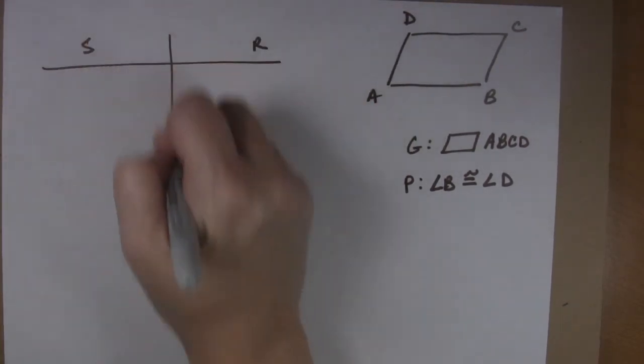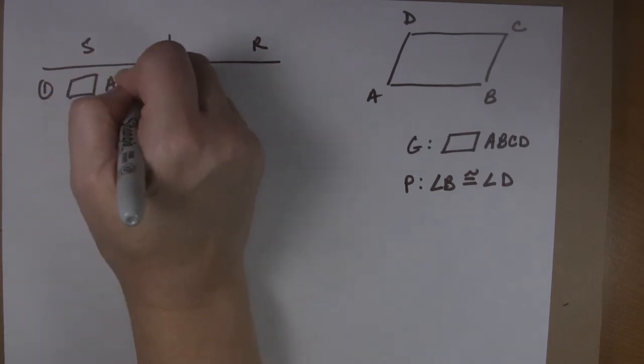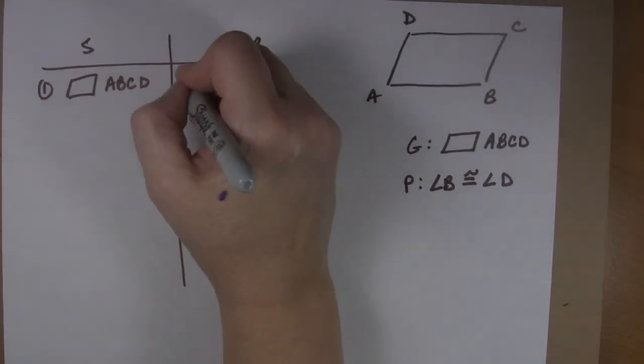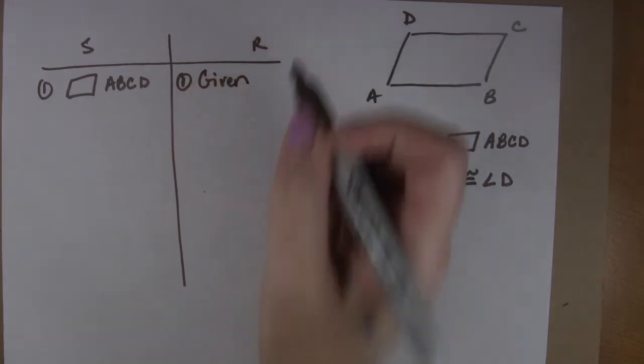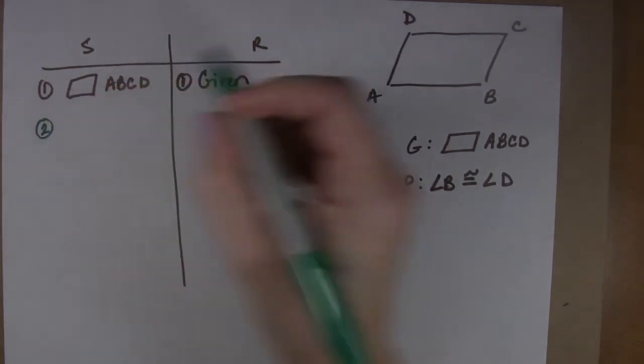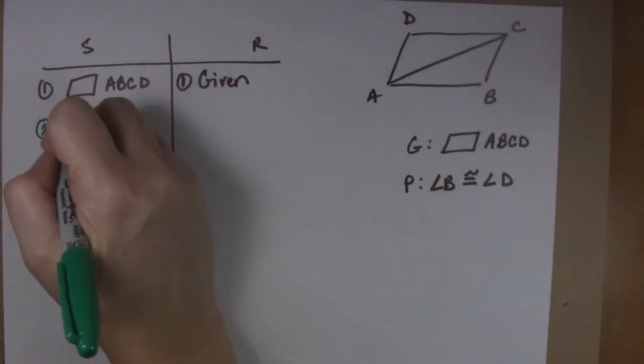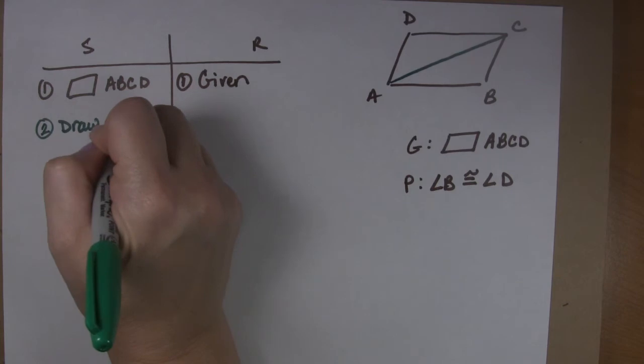Okay, so we have statement and reason. Our first statement is that we have a lovely parallelogram, and that is our given. The second thing that we are going to do is we are going to draw AC,